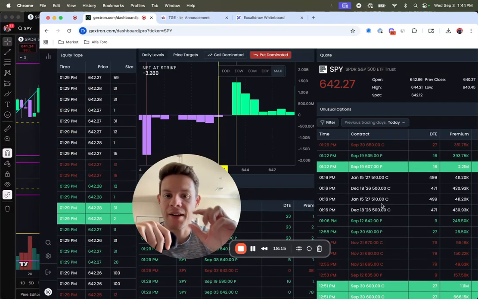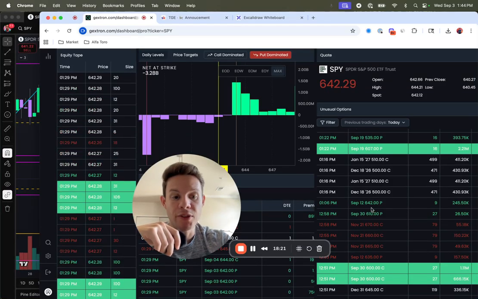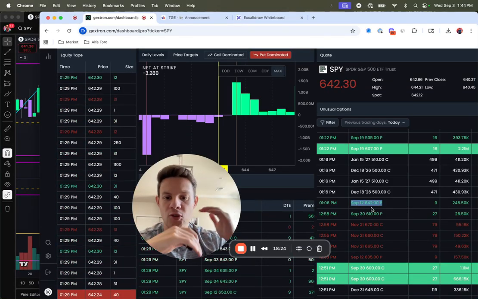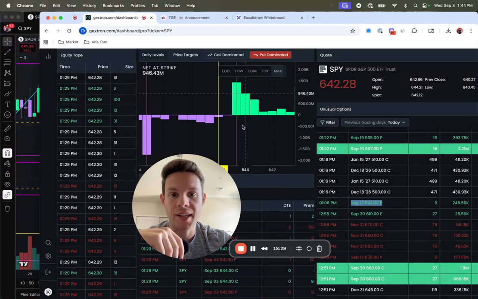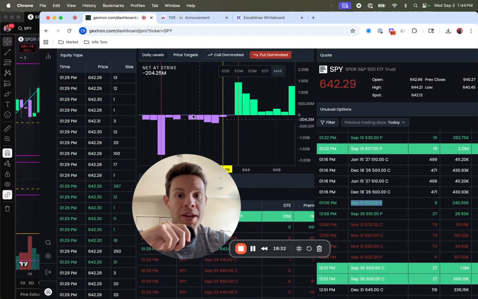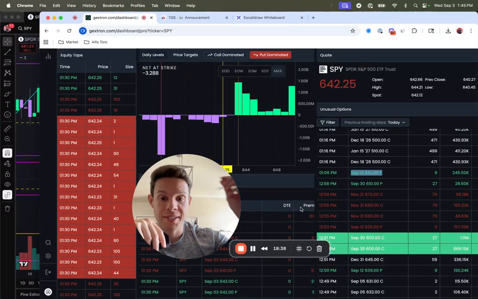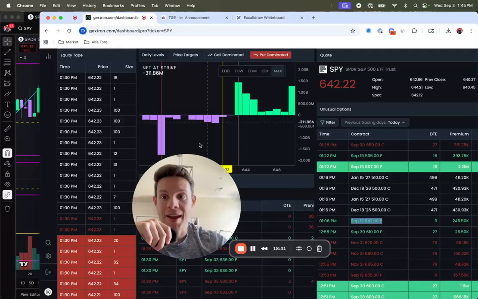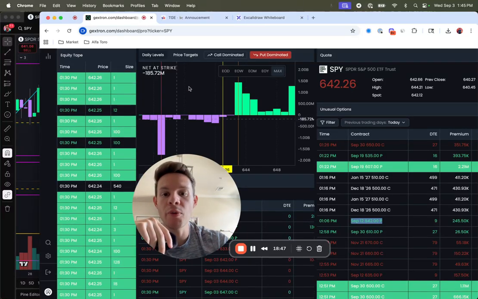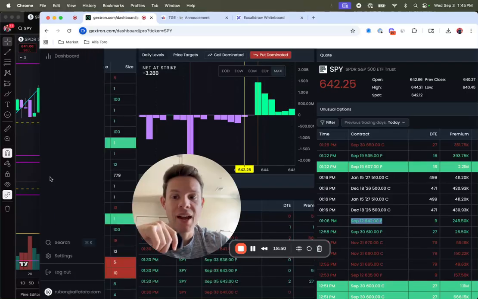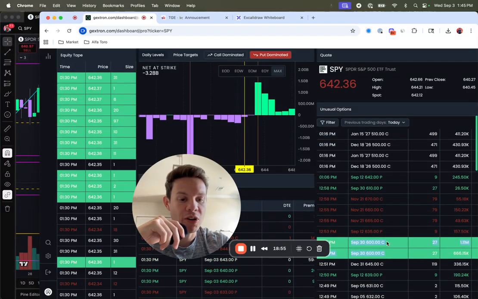If you see red text, it's bearish sentiment. If you see green text, it's bullish sentiment. It shows you the different strengths of the sentiment, which is really powerful, because essentially what you want to see here is that when we do tap into these big areas of interest, when price reaches that, is the unusual option tape and the equity tape showing the type of aggressiveness that we want to see? So if we're going all the way to 635 again, are we going to see this type of aggressive buying, this 600, right? Are we going to see that type of aggressive buying to show that this is support,